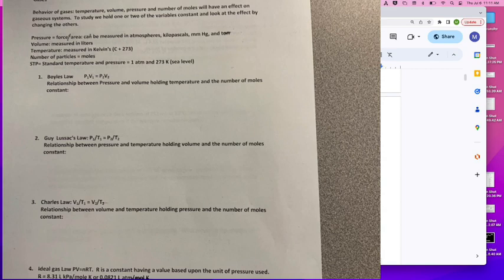We can take advantage of those different principles with our gases to manipulate different systems and do cool things, like hot air balloons. We can liquefy gases by changing the pressure. So we can play around with those variables and the amounts to do some kind of fun stuff with gases.